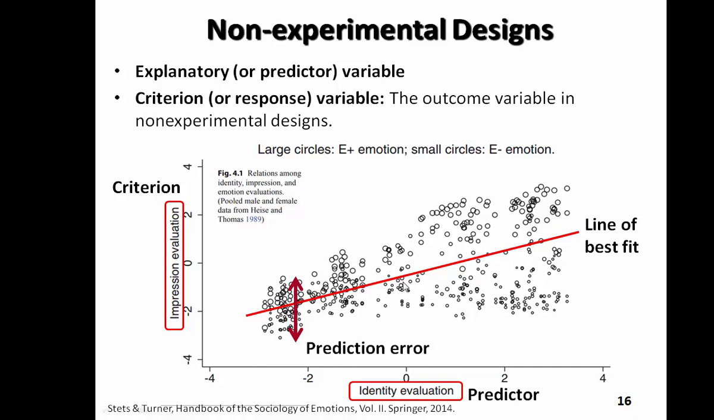So the line of best fit enables the prediction of impression from identity, because identity is the predictor, but the prediction is never or extremely rarely going to be perfect. And so what we see here is that there is a scatter of the actual data about the line of